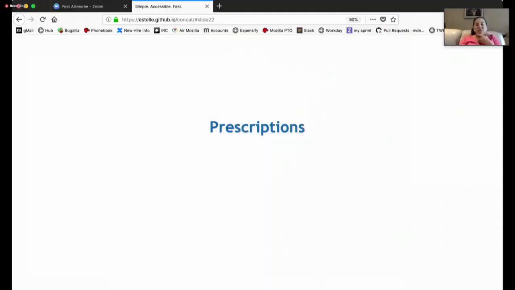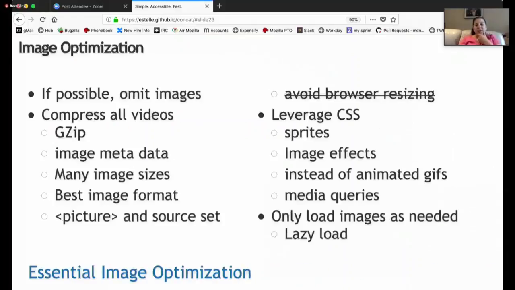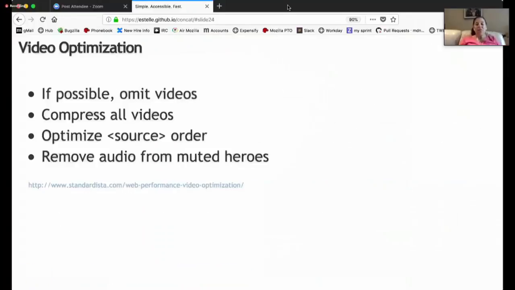So we've been given prescriptions on how to make websites faster. Earlier today, Christopher Schmidt, Telecheck, spoke about image optimization, and he talked about the different media types and talked a lot about the sizes and as in the byte size. At the bottom, there's a link for essential image optimization. So I'll leave it at that, and you can look that up later. And then we also have